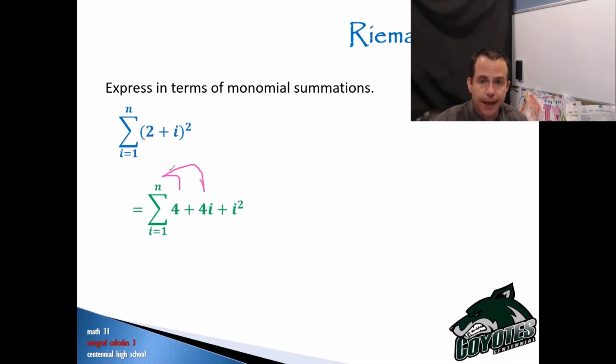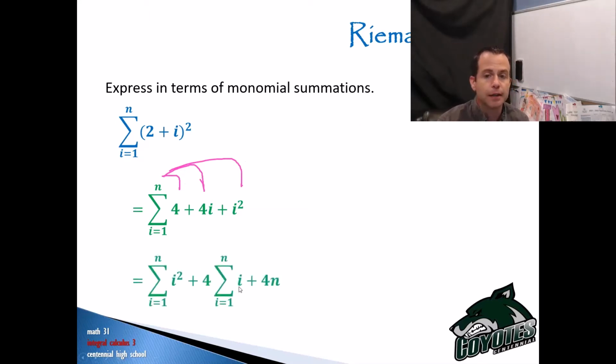So that would be the summation from 1 to n of 4 plus the summation of 1 to n of 4i, and then the coefficient can just come right to the front. It doesn't actually change the summation in the sense that whether I say it's 4 times that summation or whether I say it's the summation of 4i, it's going to be the same thing. So it's easier to put the coefficient in the front. Plus